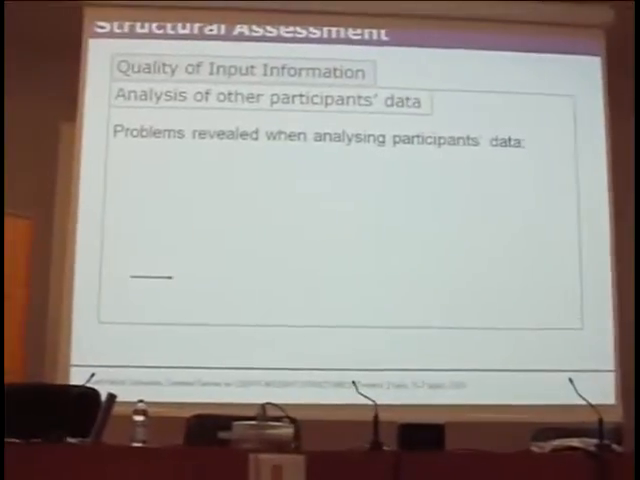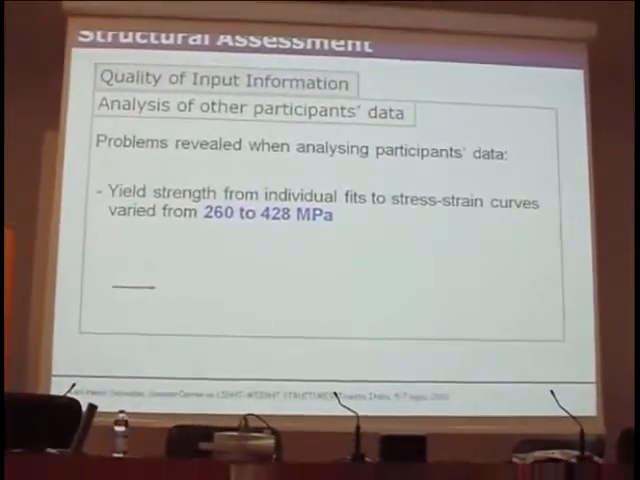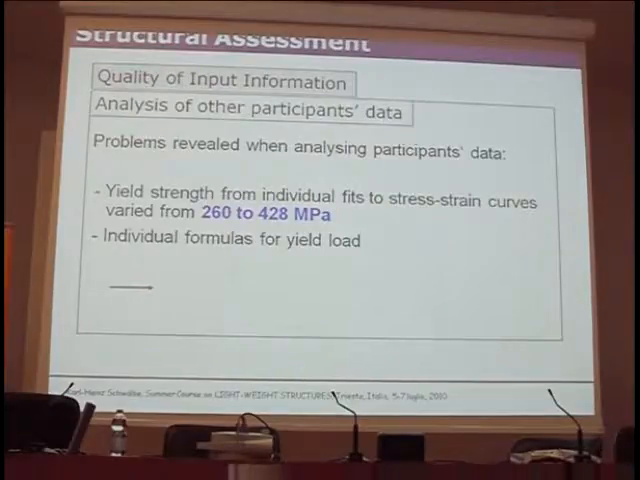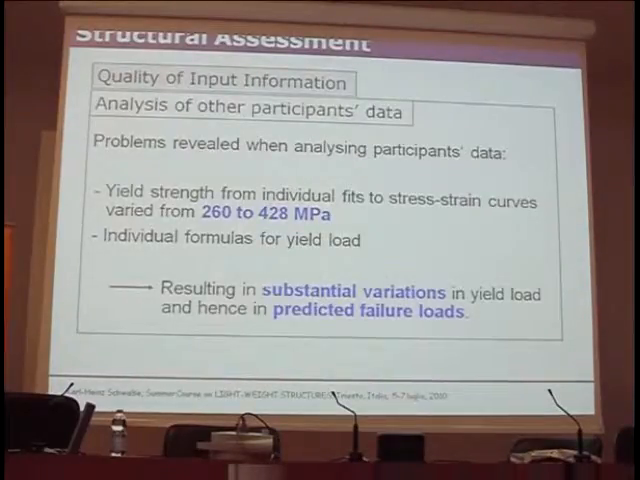Now, the problems revealed when Alfred analyzed the data, and the yield strength from individual fits varied between 260 and 430 megapascals. That's why the yield moments were varying that much. And also individual formulas for the yield load were used, but this was allowed. And the result was substantial variations in yield load and hence in predicted failure loads. Really, I mean,